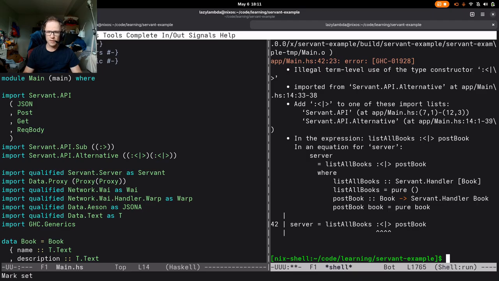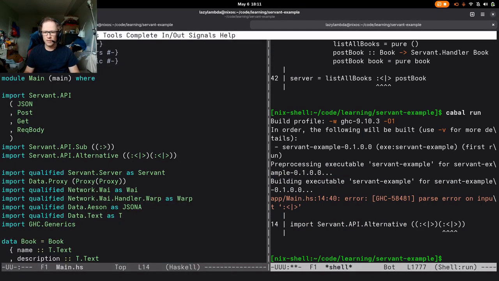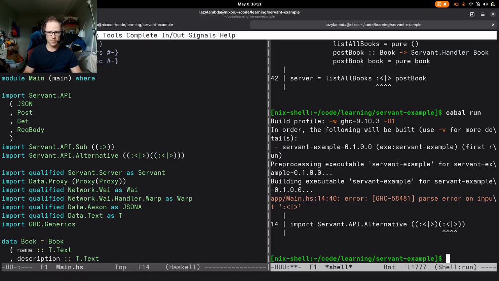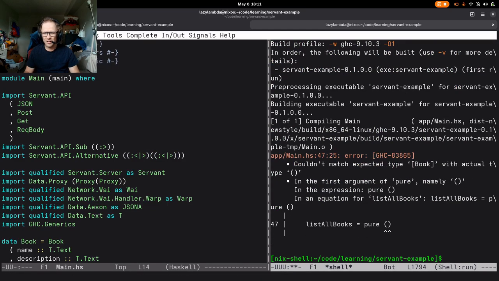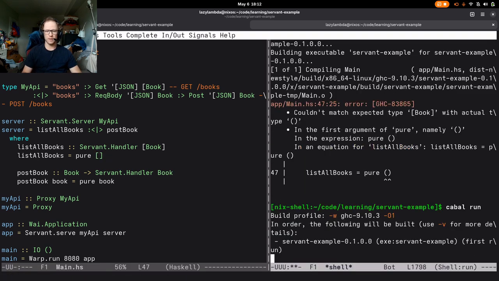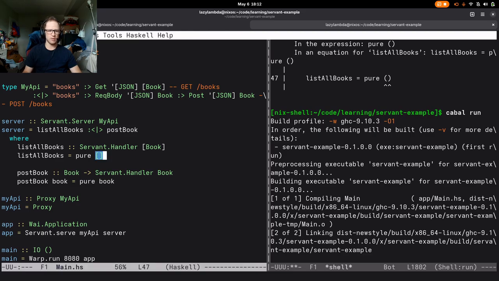Is that valid? Yeah, I don't know. Oh, okay, I guess that works. Anyways, okay, so I am just going to say this is an empty list of books just for now. Maybe I'll even put in one book. So it's a book